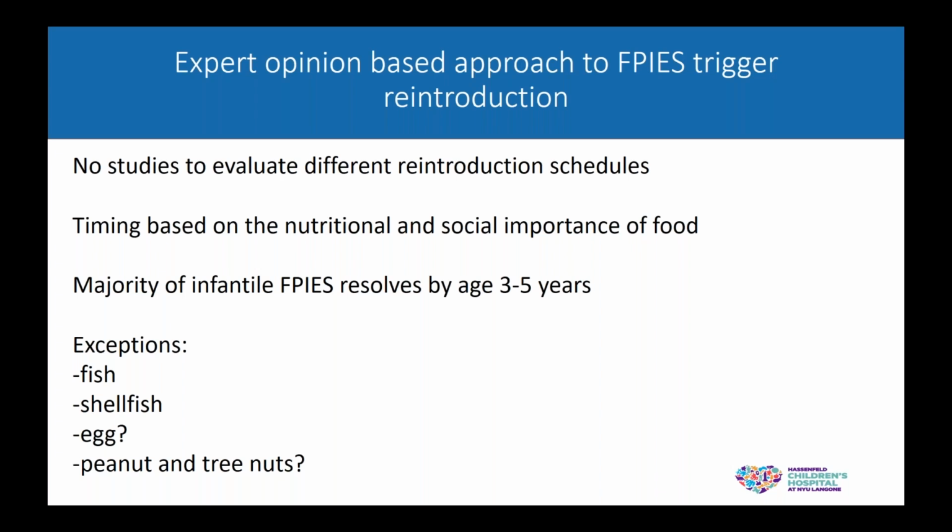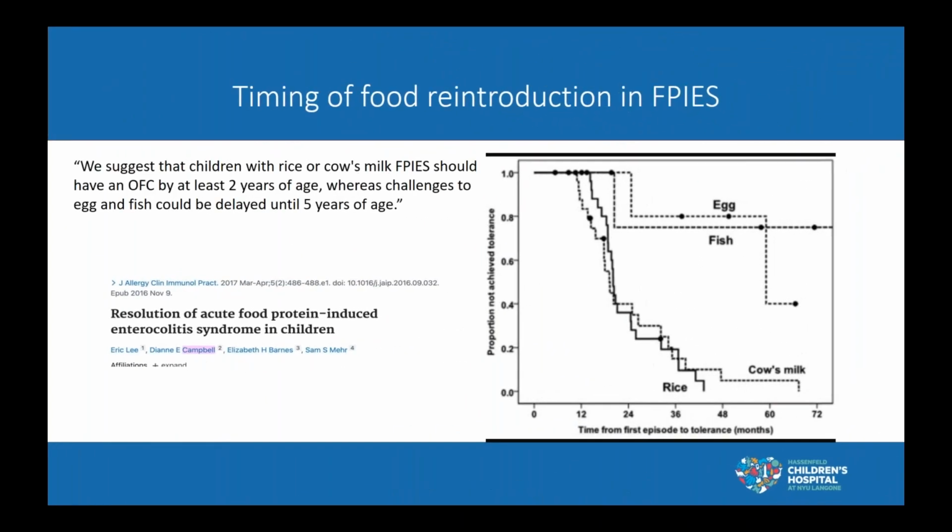In addition to fish, potentially shellfish, there's also a question about egg and peanut and tree nuts. Will FPIES to those foods take longer to resolve? These are the most common food allergens involved in IgE-mediated food allergies, and tend to have a more persistent course. And indeed, our colleagues from Australia have shown that in addition to fish, egg was also rarely outgrown